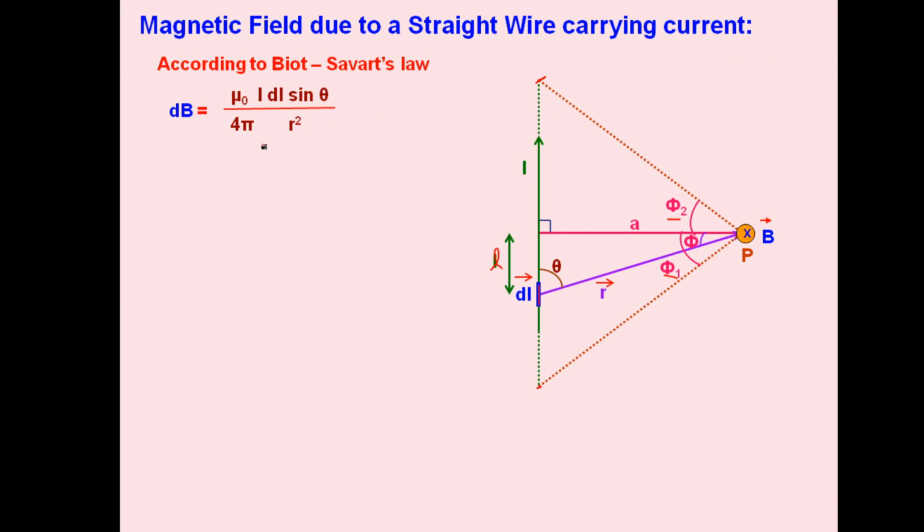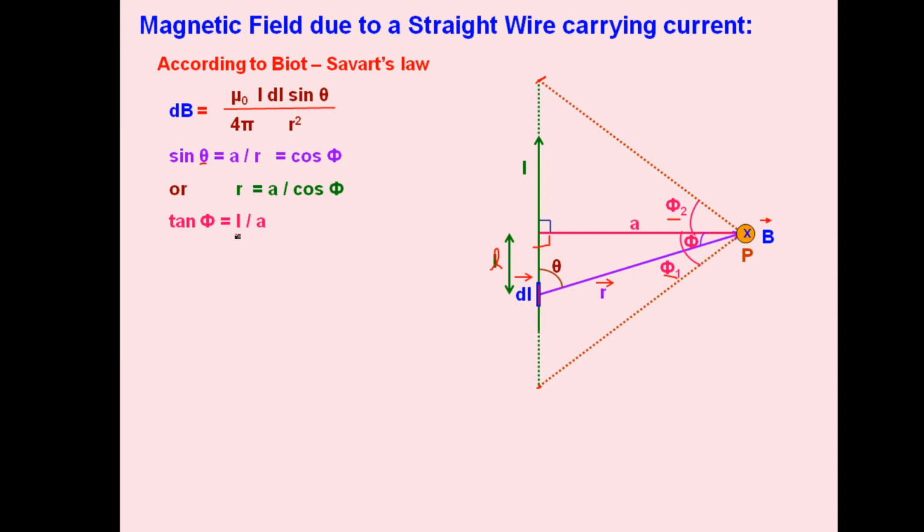by r square. Now what we will do here: sin theta in this triangle, this is angle 90, theta plus phi will be equal to 180. So sin theta can be written as a upon r, which is equivalent to cos phi. Or also we can write in place of theta, 180 minus phi, or 90 minus phi, sin of 90 minus phi can be written as cos phi. So from this, after cross multiplication, r will be equal to a by cos phi.